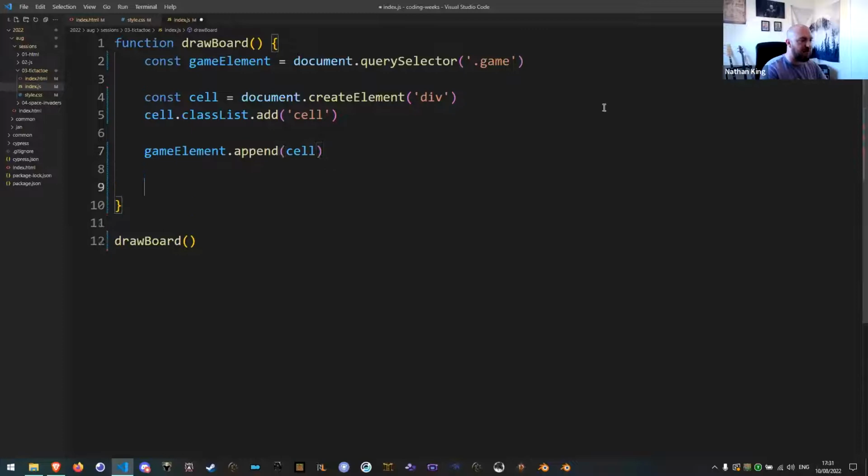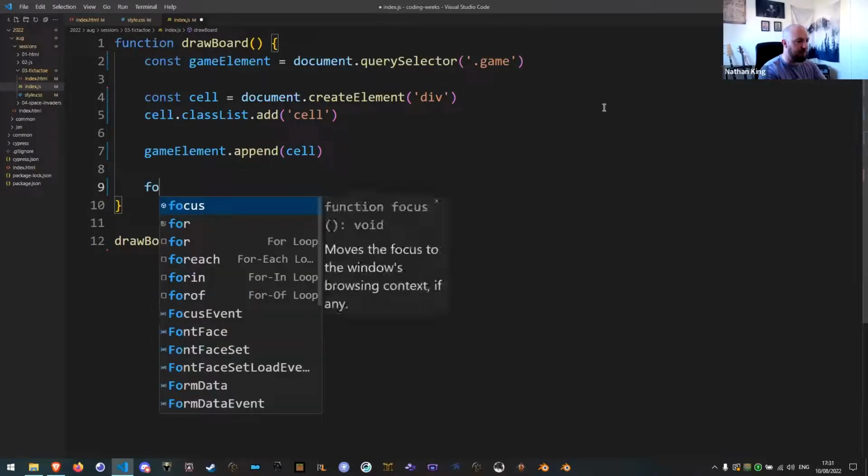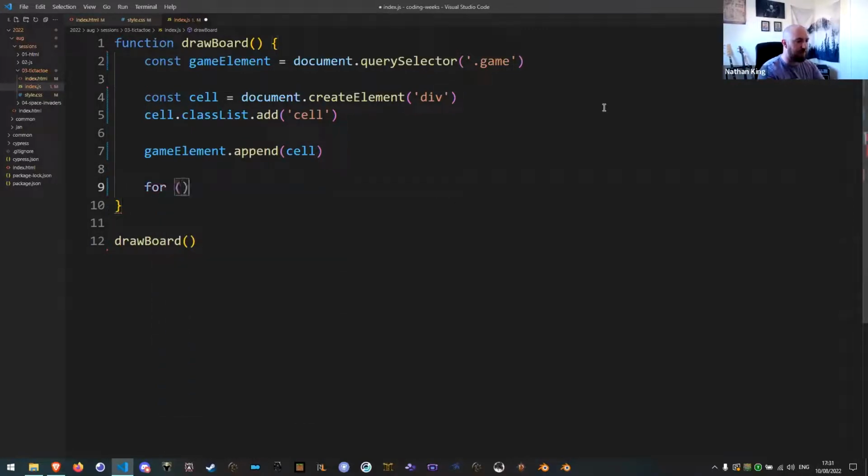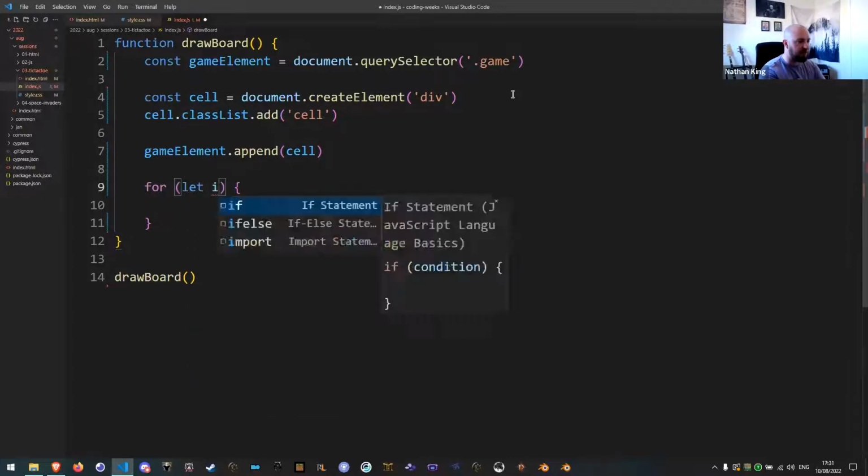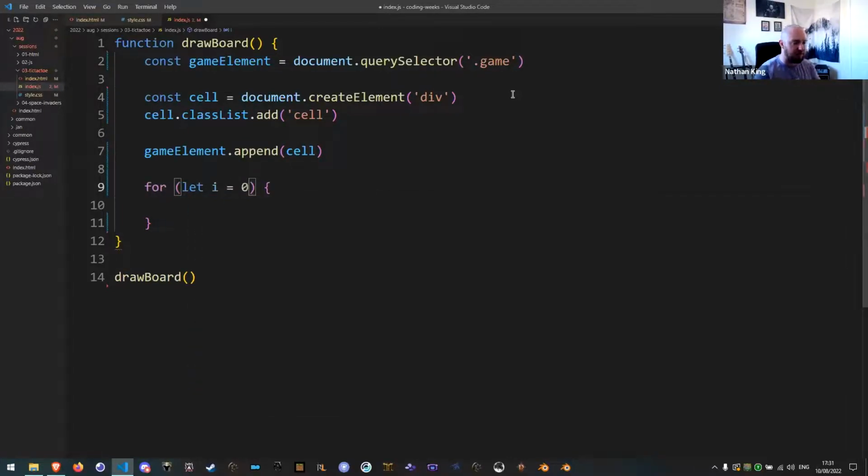So just down here, I'm going to create a for loop. So I'm going to write for. I'm going to use some opening and closing parentheses and then some opening and closing curly braces. The code inside the curly braces is what's going to get repeated, but I need some information to tell my for loop how to run. So the first thing I'm going to do is create a variable, and I'm going to start at 0. Okay, so this is the thing that I'm going to use to keep track of where my loop is